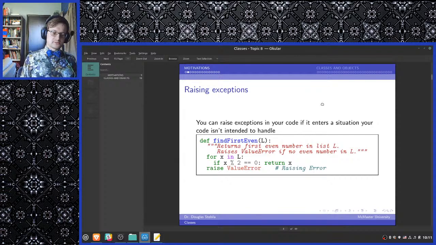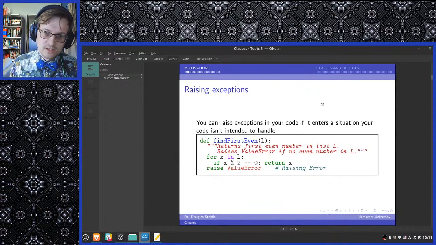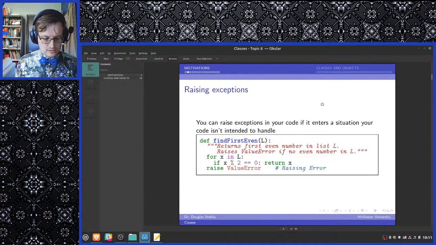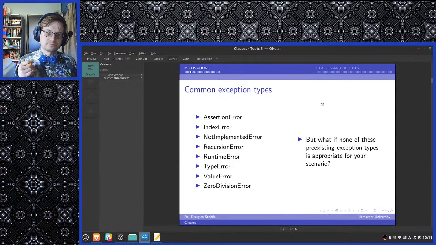So let's talk about exceptions. We just talked about exceptions. It might occur to you, as we were talking about exceptions, that it might be useful to be able to define your own type of exception, right? We've got this big list of exceptions, but what if we need one that isn't in this list?